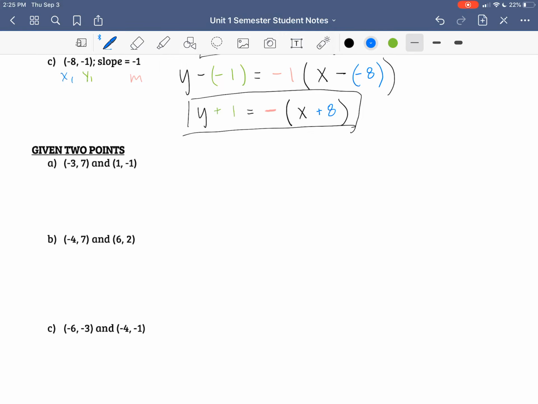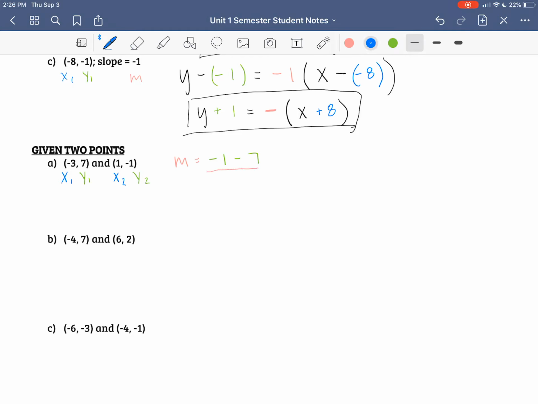So I'm going to label, in this next example, I've got x1, and from my second point, I'm going to call that x2. I'm going to label my y values as y1 and y2. So this will be a nice quick little review of slope for you. So our slope we represent with an m. And when we do slope, we do y2 minus y1. So -1 minus 7